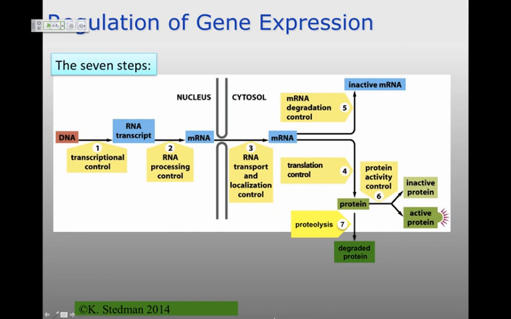We talked about all of them, but probably the most important of them are right here at the beginning or right here at the end. And the reason for that is that transcriptional control, if you control transcription, you don't have to do all the rest of that stuff downstream in terms of control. And so it's a very high-level control.